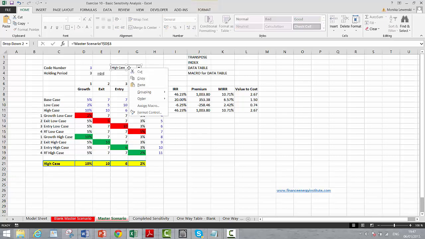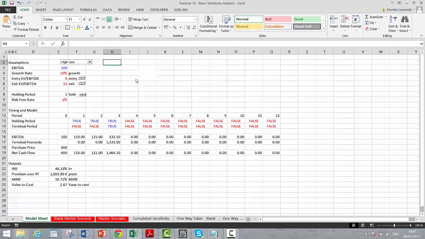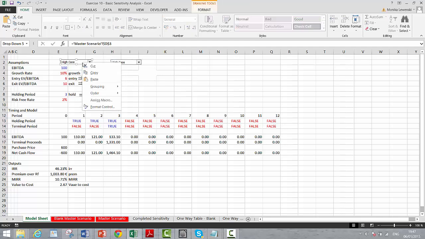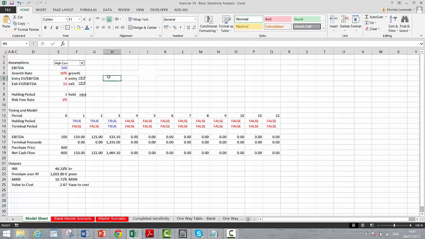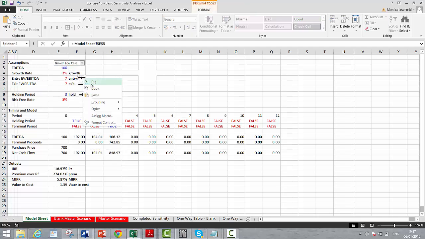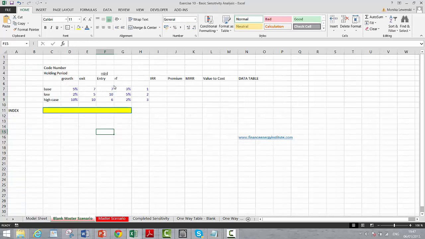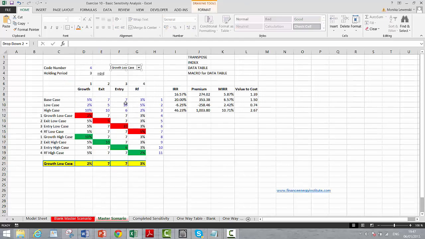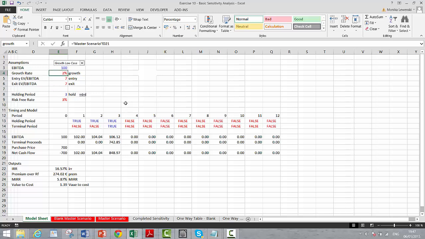Now, once you've copied this to the first page, you can look at all of the different scenarios. If that didn't really change much, this one, exit value in the high case, you can see that only one is changing. And I didn't do this last time, but it's absolutely essential that we cut these things away, because if you ever press those things, it would mess up the whole data table, because it wouldn't be linked anymore. Remember, these things in the red were all linked to the very last index line